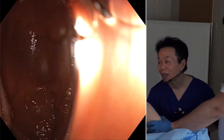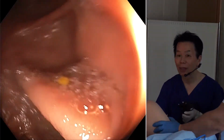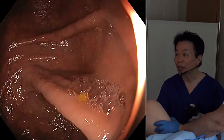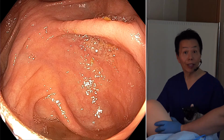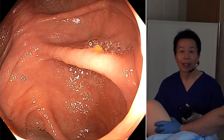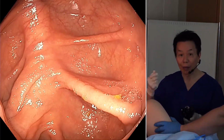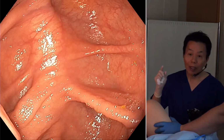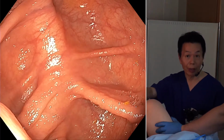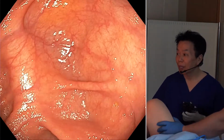But maybe have you put some simeticone in the water? Maybe not. We always ask the patient, when they take the purgative, to take a small amount of simeticone too. So for preparation of the bowel, we ask the patients to take maybe 10 milliliters or 20 per os during the preparation. And we also put some simeticone in the water. When you use the water jet, we put some simeticone in the tank. So it is very useful